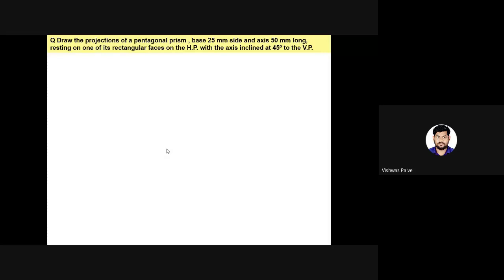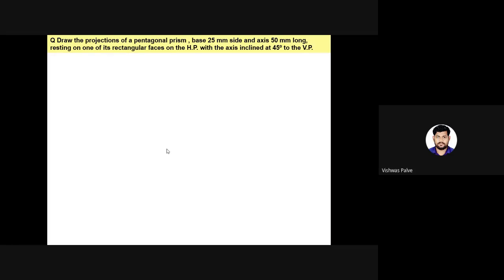So let us see the first numerical. You have to note down this question because you have to draw it in your classwork book. The same question you have to redraw in your classwork book. Okay, draw the projections of a pentagonal prism. First of all, the common mistake students make while drawing is confusion between prism and pyramid. In the question, if they say draw a prism, a few students draw a pyramid. They are in such a hurry that they start drawing the pyramid. So please identify whether the question is of a prism or a pyramid. That you have to identify first.